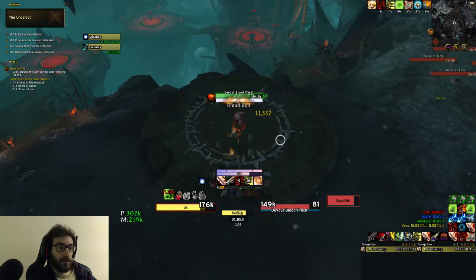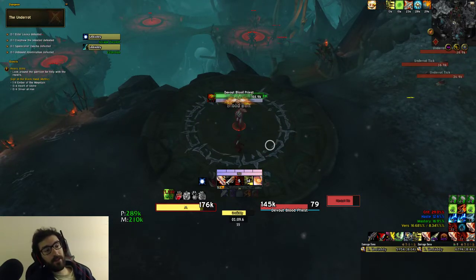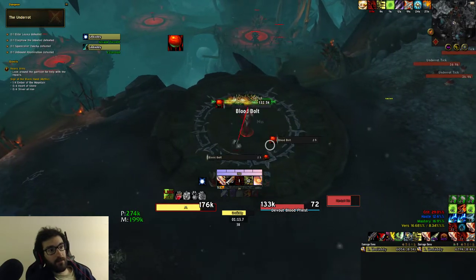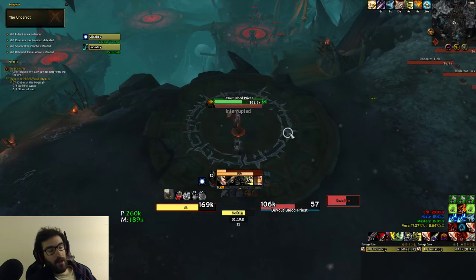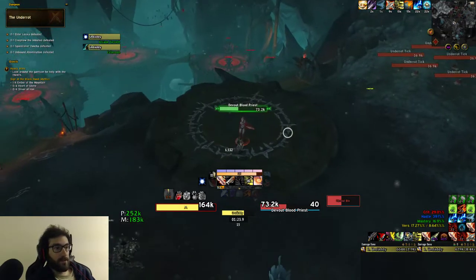So here we'll see the Blood Bolts here. Cast your shit. You have to kick these casts, by the way, to get them to not cast again. Maybe it won't cast Gift or heal on normal. Anyways, moral of the story is both the Gift and the heal cast need to be kicked in order to